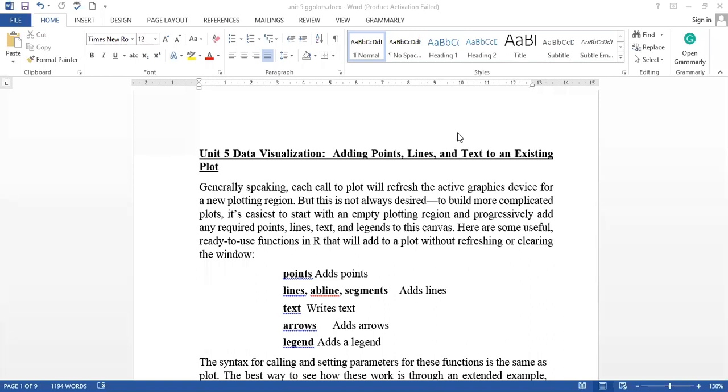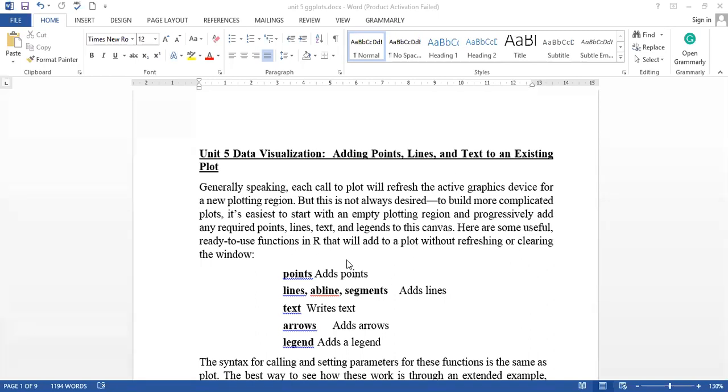So on today's lecture, we will cover the topic of plots, and in the plots, we will discuss today how to add new points, lines, and text to the existing plot. Like if we have a plot and we want to make some additions to it, how do we do that?